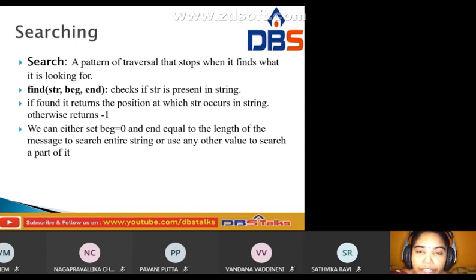We can either set begin equal to 0 and end equal to the length of the message to search the entire string, or use any other value to search a part of it.